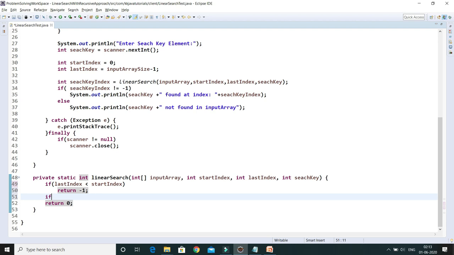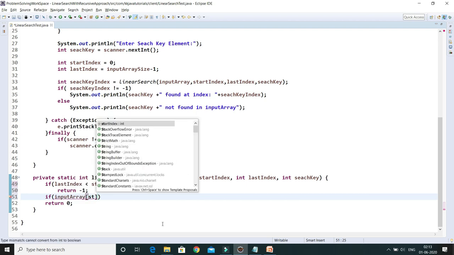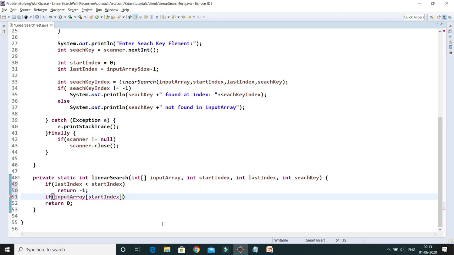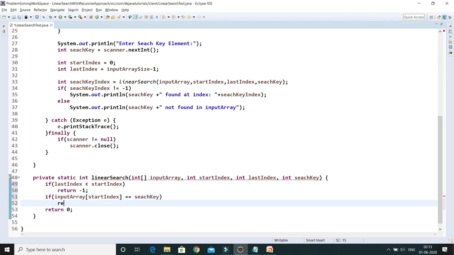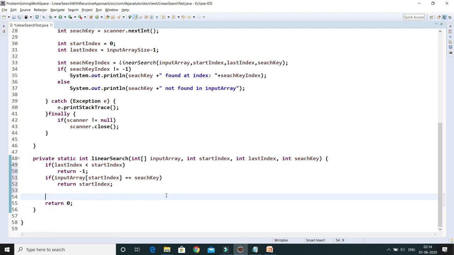Second searching criteria, we will write if input array at the start index equals the search key, if we find the search element on the starting index itself, then we return this starting index. I will return start index. I hope it is very clear, right?